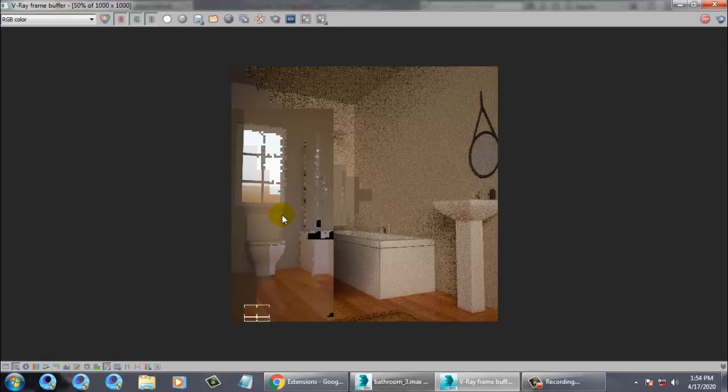I have added two volume lights over here. So you can see the difference.